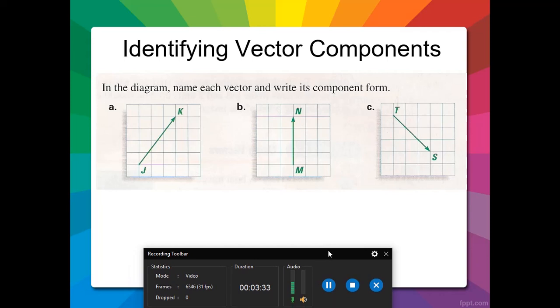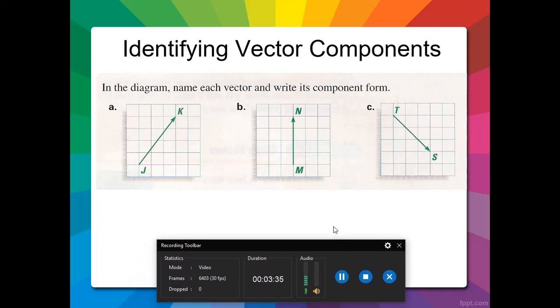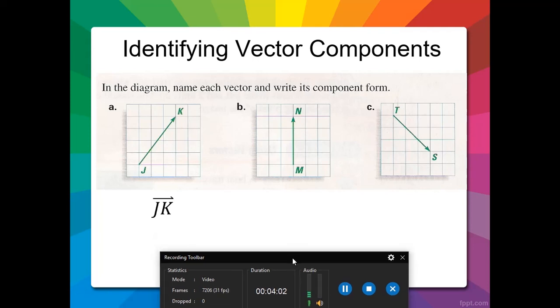All right, so we're going to identify the vector components. We're going to name the vector and write its component form. So let's start with A. My initial point is J, and I'm traveling towards K. But in reality, I have to move 1, 2, 3 units to the right, and 1, 2, 3, 4 units up. So the name of this is JK. You have to start with your initial point, and the second letter is your terminal point. And we said 3 and then up 4. So my component form